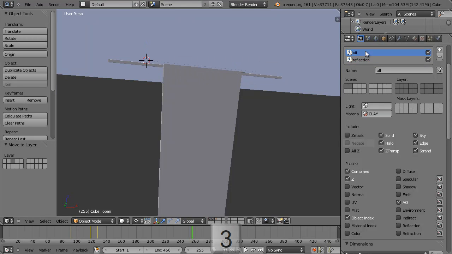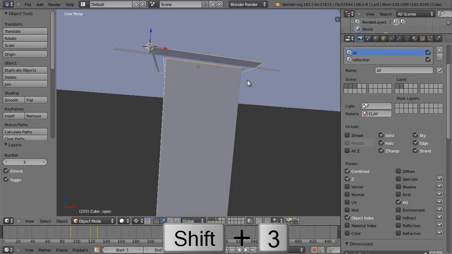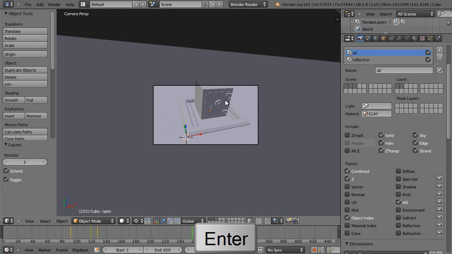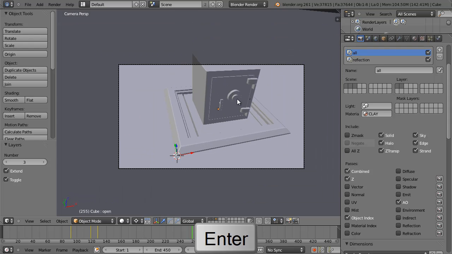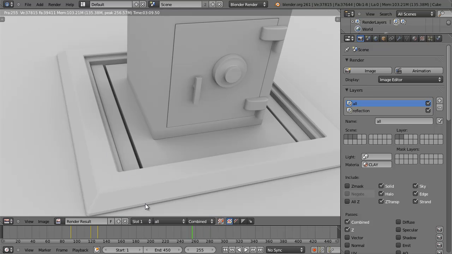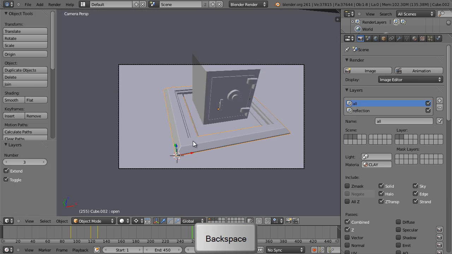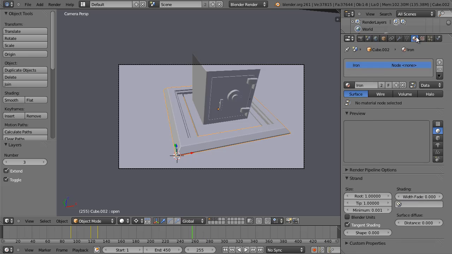So, this all layer, we don't want it to render all of them. We can render layers 1 and 2 only, but it shouldn't matter because it wouldn't even be able to see that anyway because it's under the ground plane. But just as good practice. Okay, and that's that. We can render it again. And there we are. So basically, if you look down here, we can change the layer to reflection, and it's completely invisible. And the reason for that is because we have to remember that these objects are using the Cycles